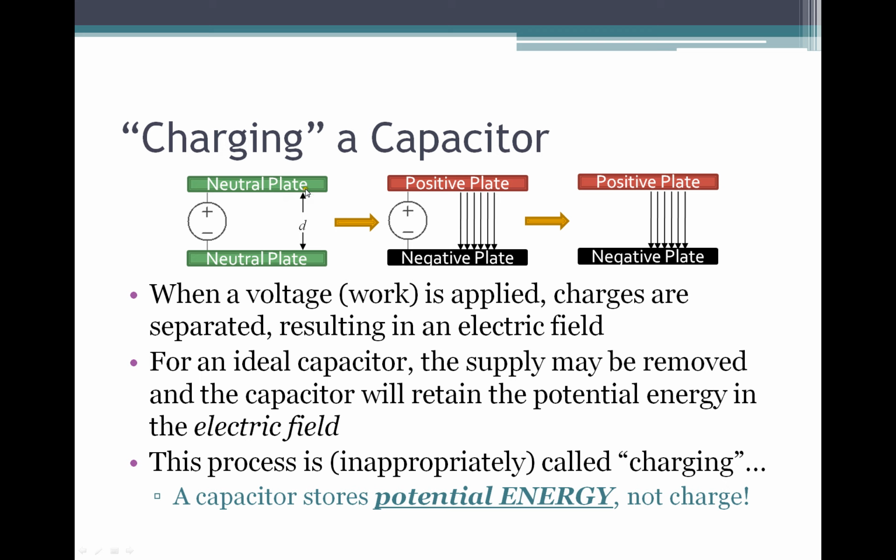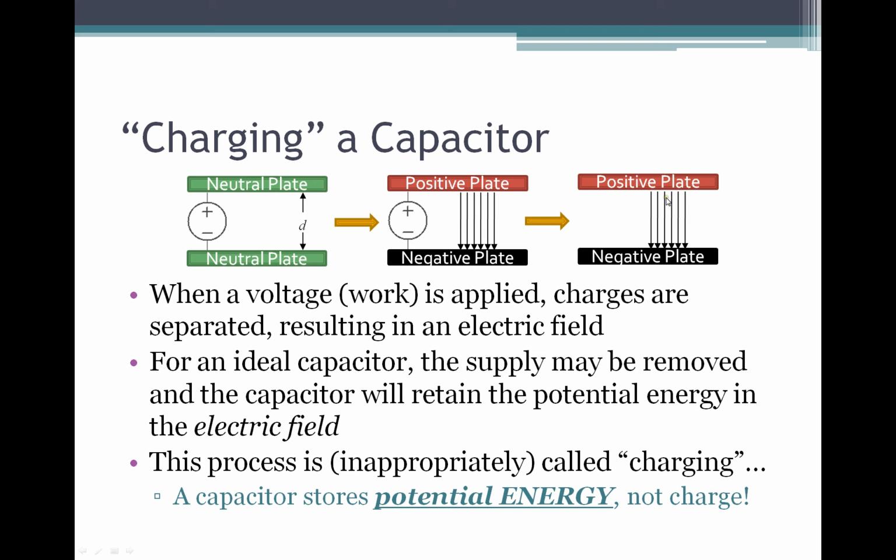has an initial neutral charge to it. By adding this work or applying a voltage or this potential difference that's developed, we're not doing anything to the total charge across the capacitor. All we're doing is we're moving the charges around from one plate to the other. So the capacitor itself is not storing any charge. The only thing that we're doing is we're rearranging the charges so that potential energy is stored in the form